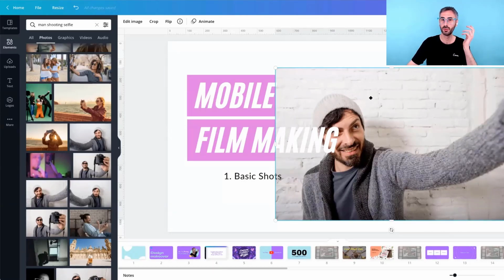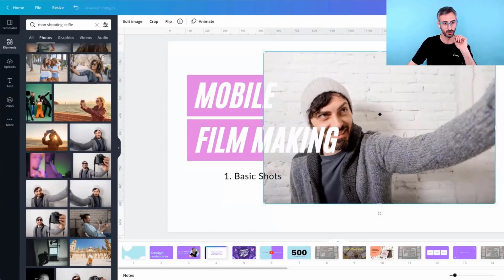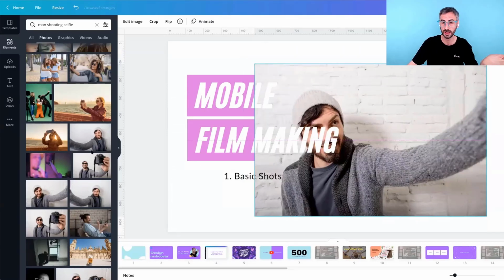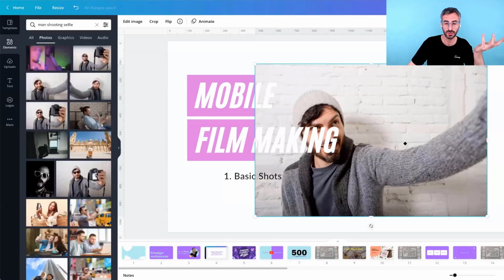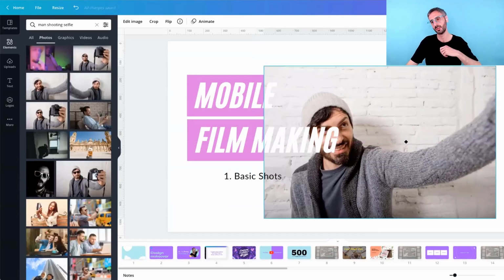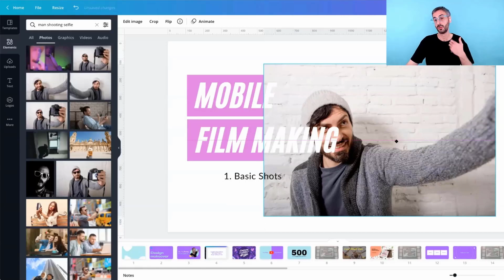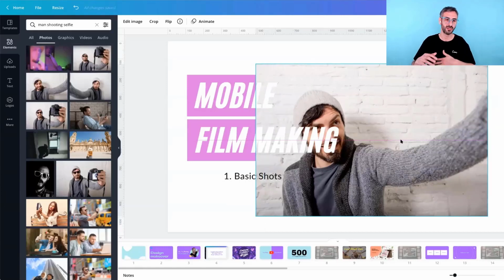Okay, so background remover is a pro feature. So those of you who don't have Canva Pro, you have two options. You can find an image for which you don't need to remove the background, or you can use external websites to remove your background. So there is one called remove.bg, which will do the same job. It will give you a lower quality photo, and also it's not completely in Canva. It's actually the same team that develops this feature for Canva. But here, the beauty of the background remover is that it is in Canva